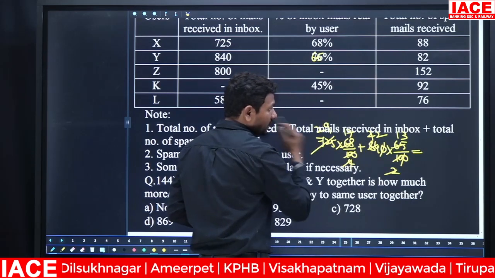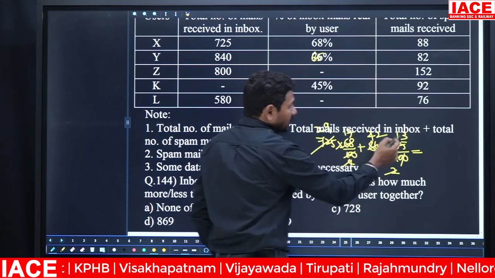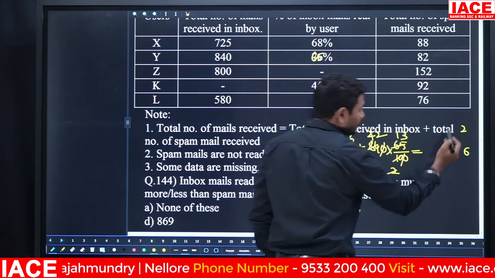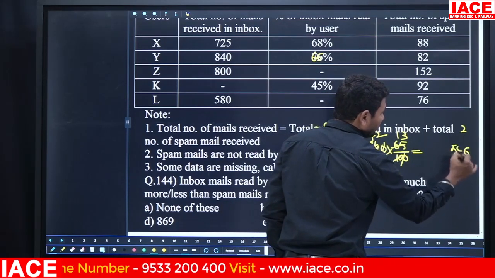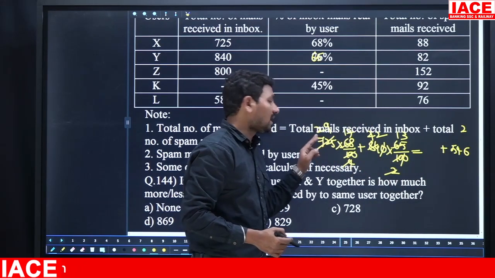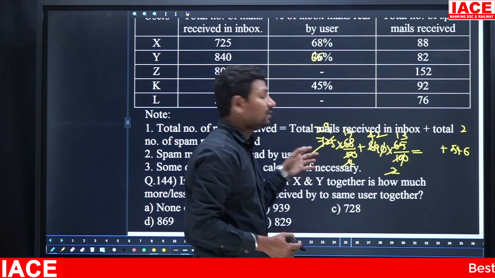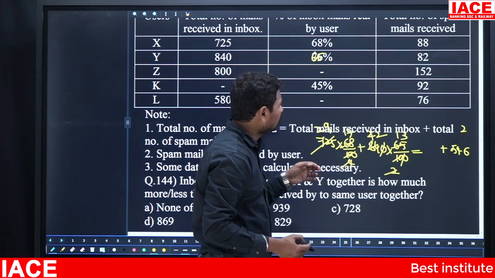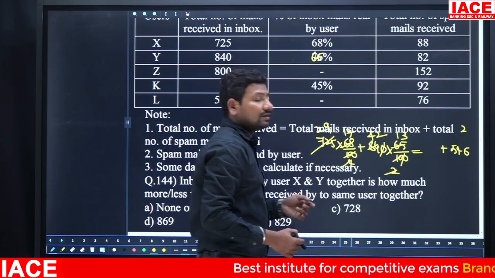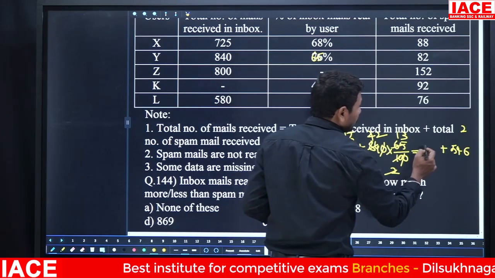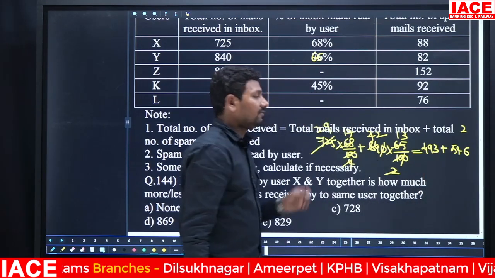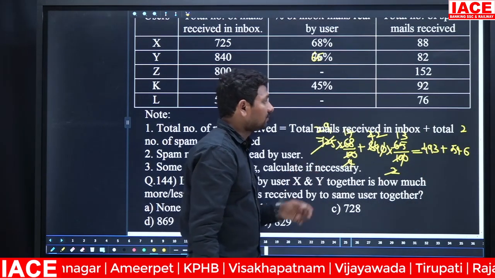Here 17 into 29, 42 into 13. 13 2s are 26, carry forward is 2, 13 4s is 52, 52 plus 2 is equal 54, 546. And next 17 can be multiplied. 17 20s are 340, 17 9s value is equal to what? 153. 153 is adding to the 340, here 493. Okay, 153 plus 340, it is a 493.